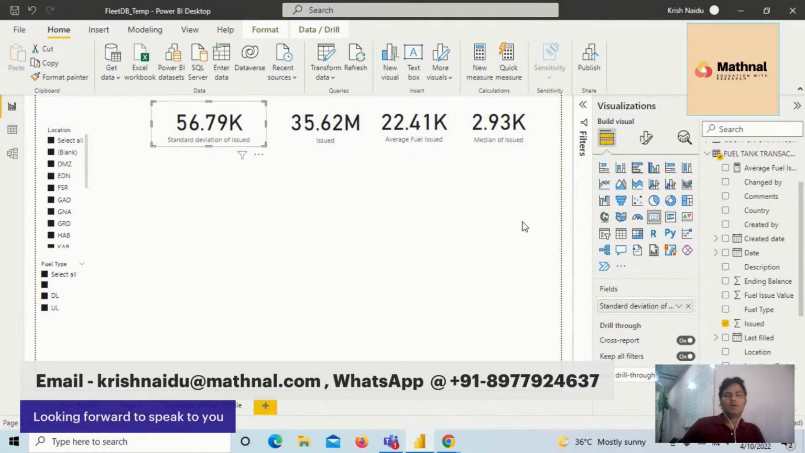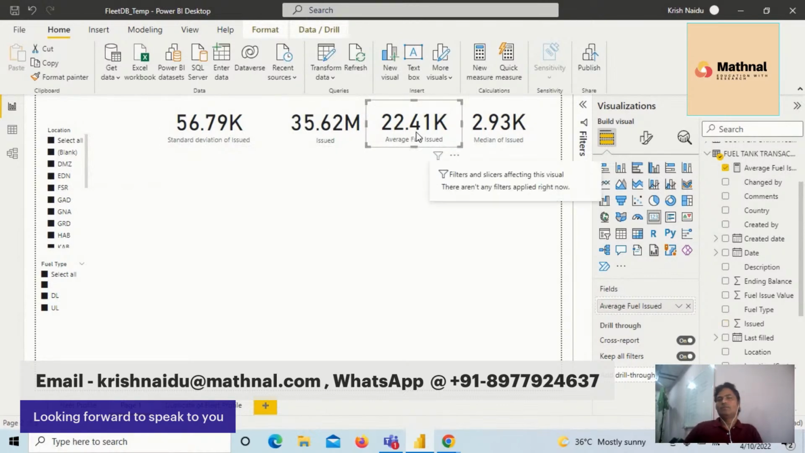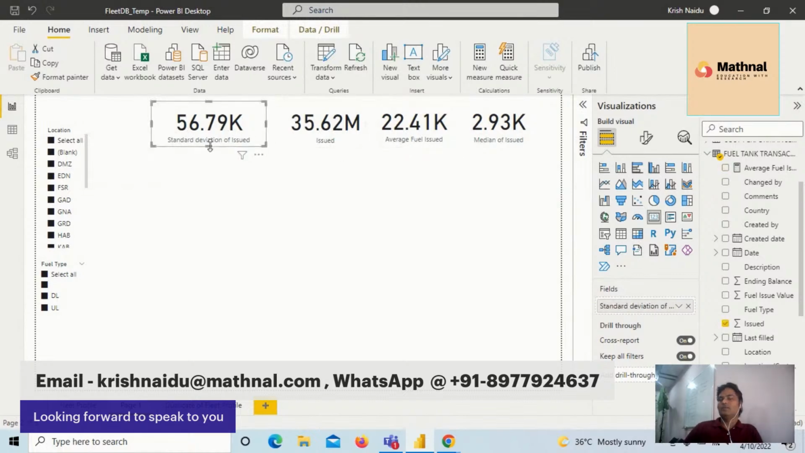Okay. So we have seen some of the metrics, like what is the total fuel issued by this date, what is the average fuel issued by this date. Of course, average is not the right metric to compare because it has plenty of skewness. When you compare the average with the standard deviation, it is clearly suggesting that the standard deviation is three times the average. So I will not be following the average fuel issue because it's very clear it is skewed, and if we follow the skewed